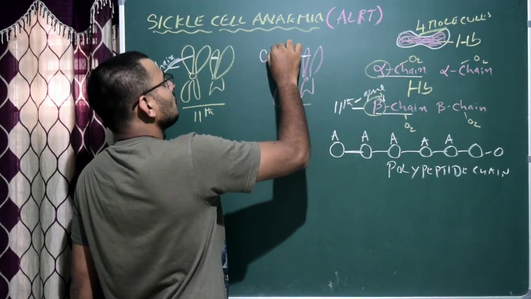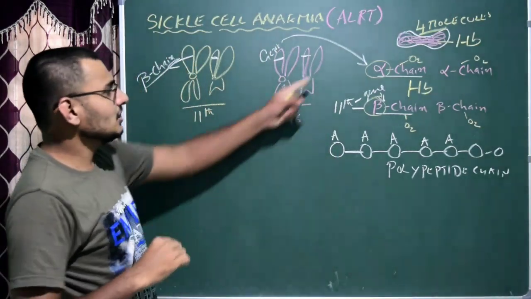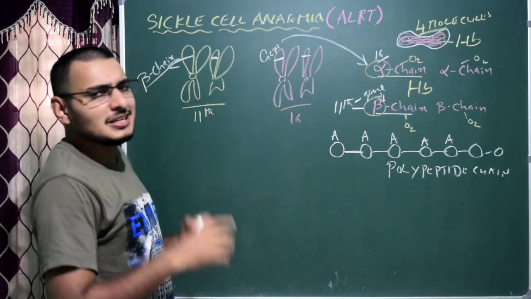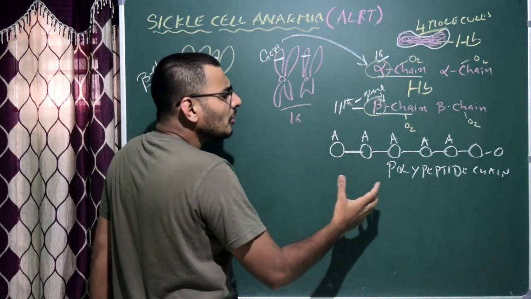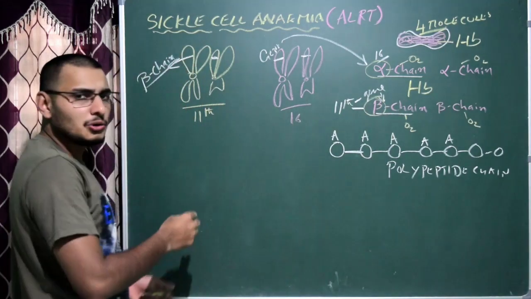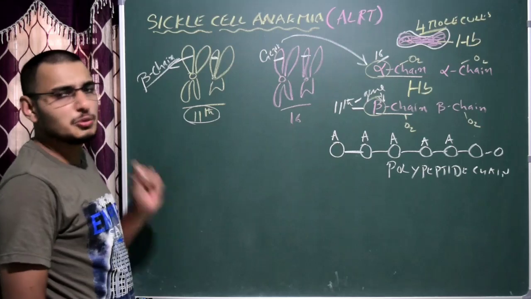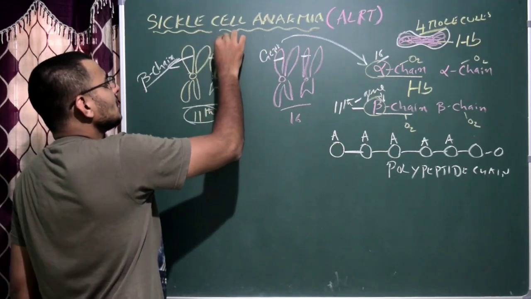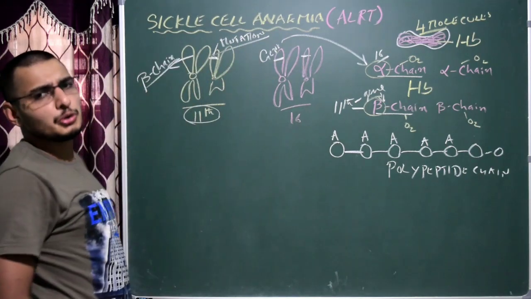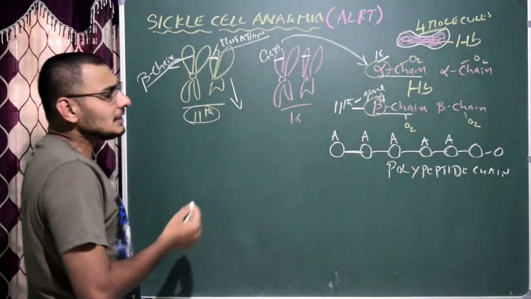So this gene produces the alpha chain. Remember this point, 16 alpha. Now, sickle cell anemia is mainly because of a certain abnormality in the polypeptide chain of the beta chain. That means I am going to talk about the 11th chromosome gene. If the gene is mutated, let us assume that mutation has occurred here. Out of two genes, one gene is now mutated and it's going to produce a polypeptide chain which is abnormal,